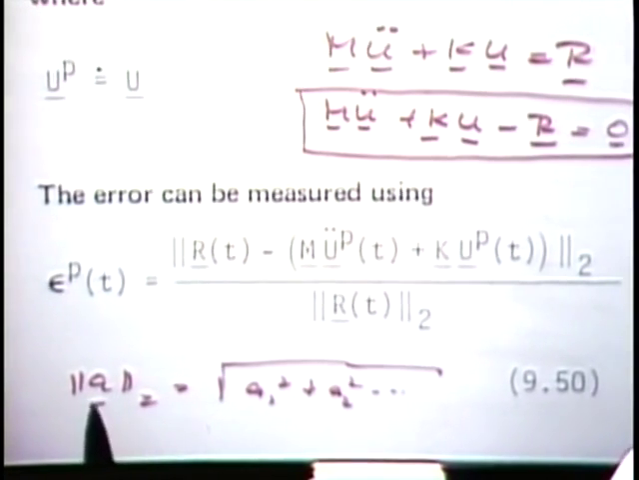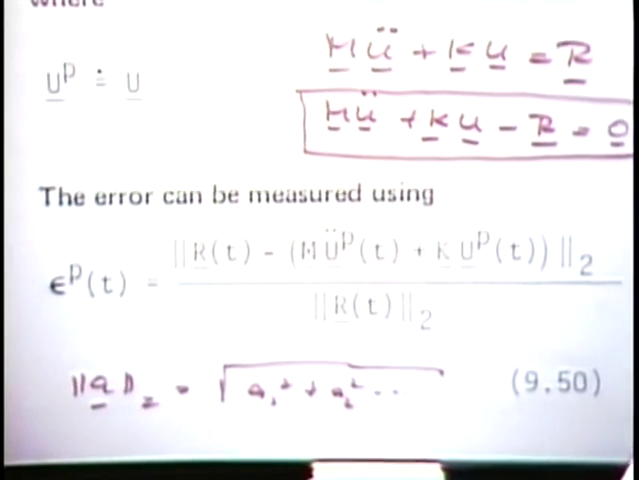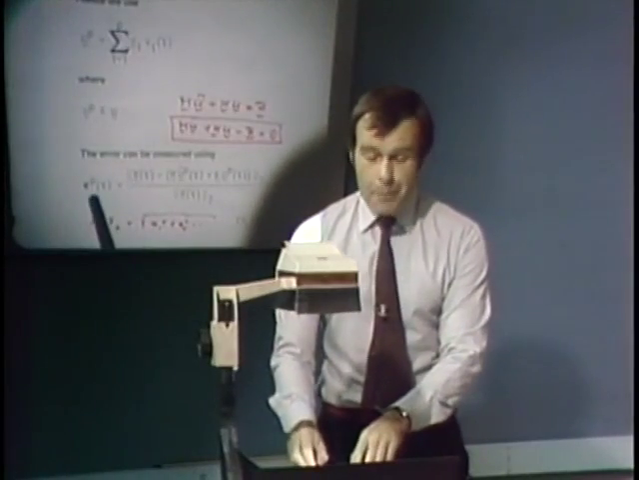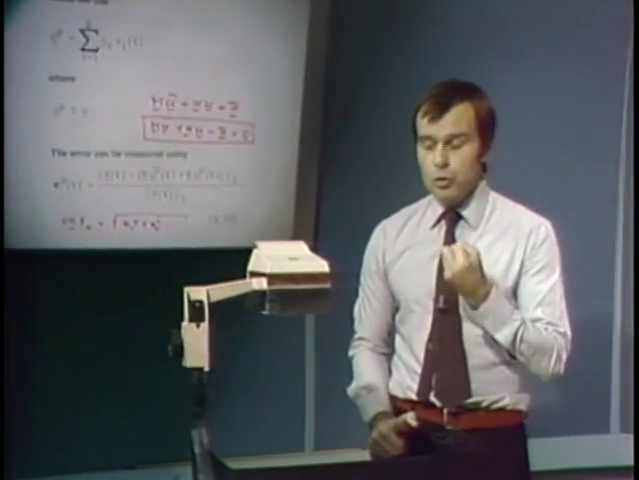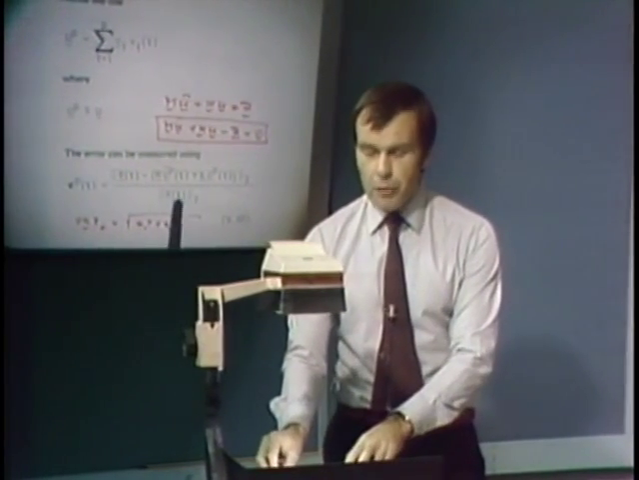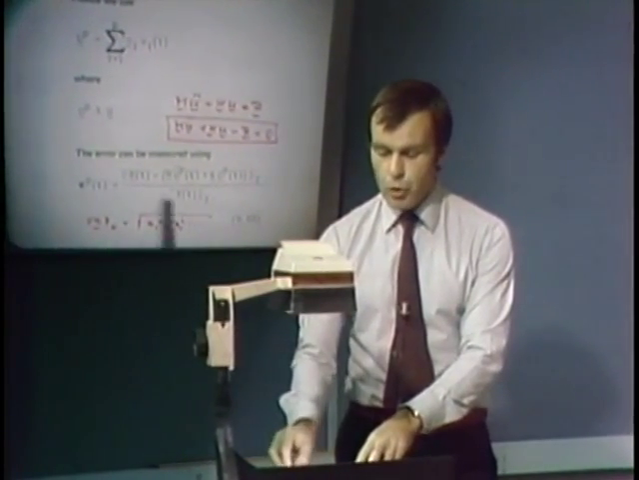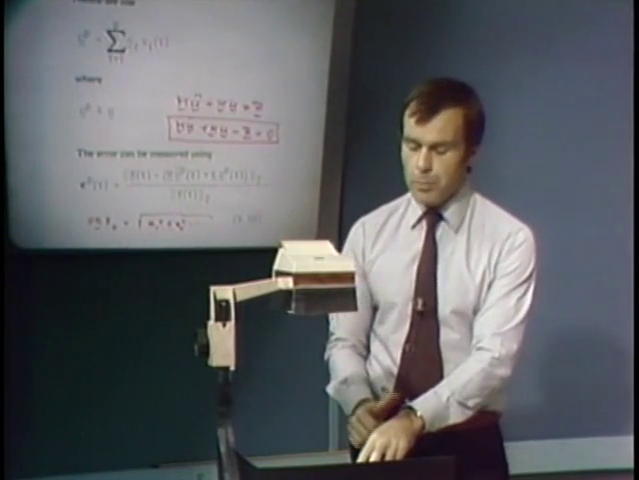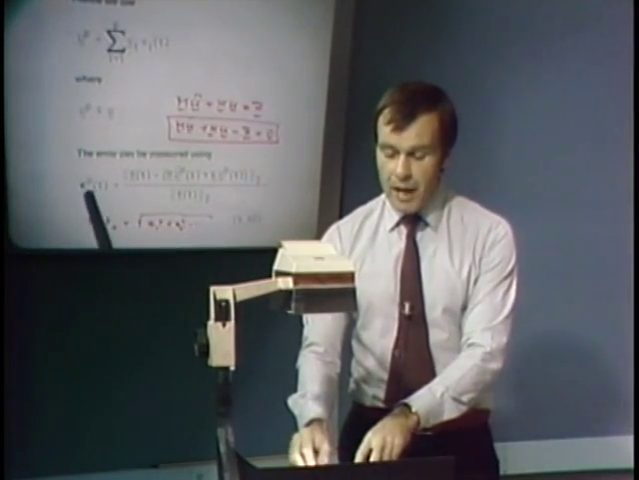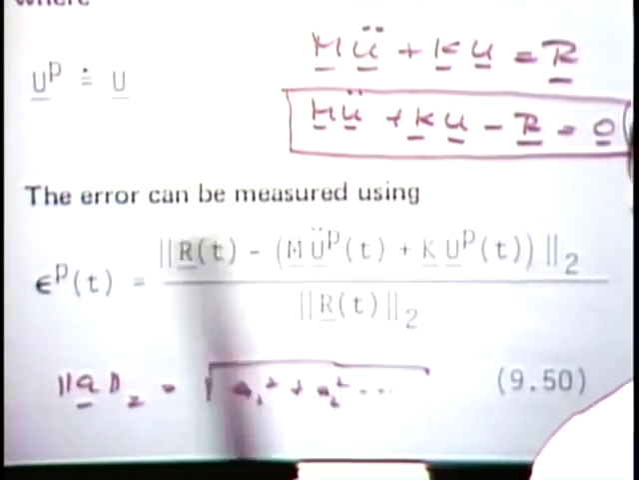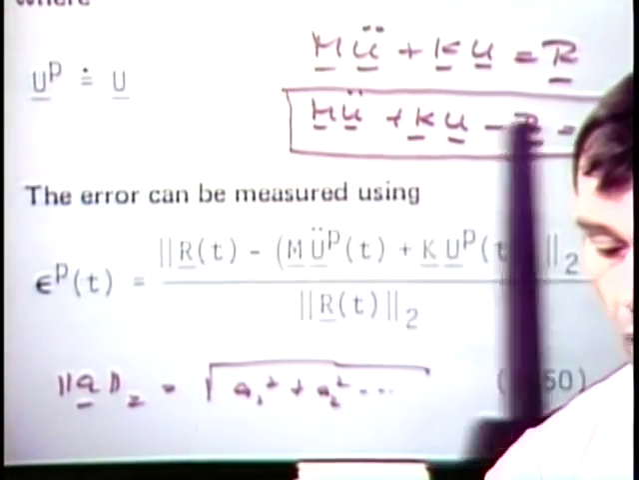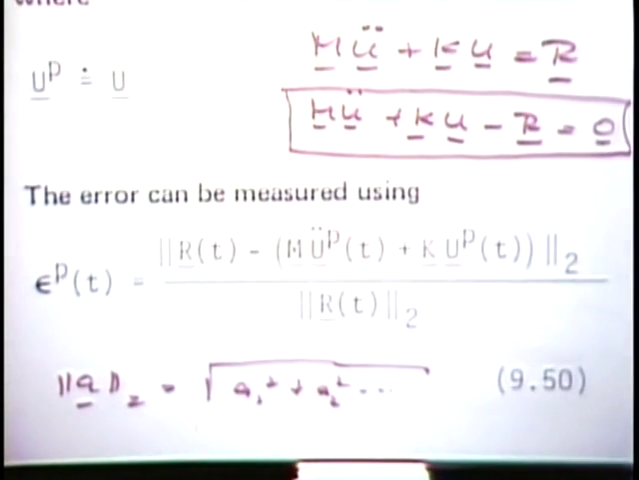Notice that if one element is large, then this value must be large too, because that one element will make this value large here. Well, if epsilon t is close to 0, assuming that r of t is not 0, of course, otherwise you couldn't use this, you would have to use some equivalent approach. If epsilon p is close to 0, then we know that our equilibrium equation has been solved quite